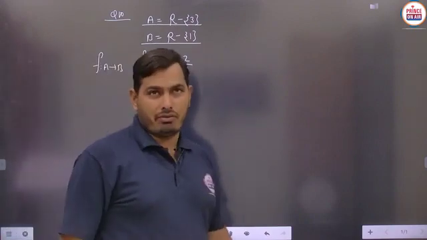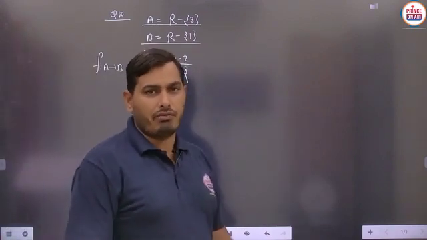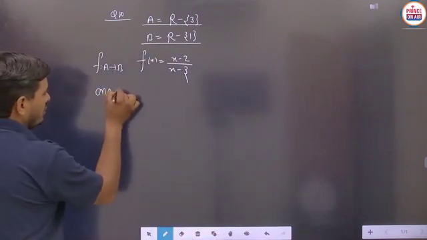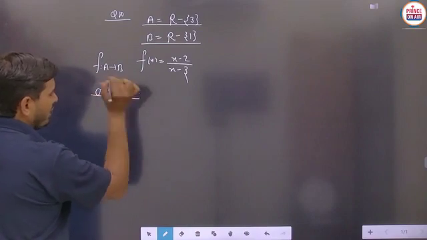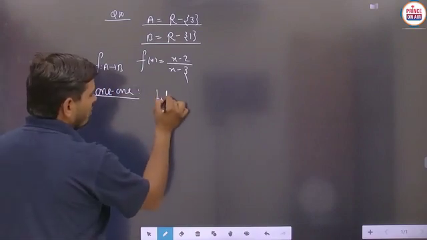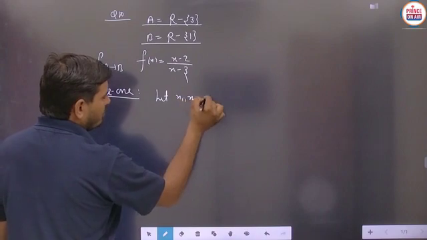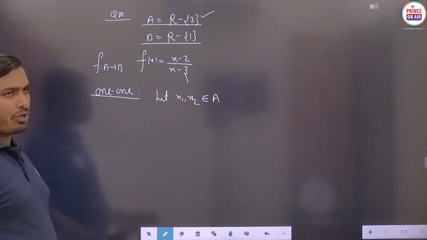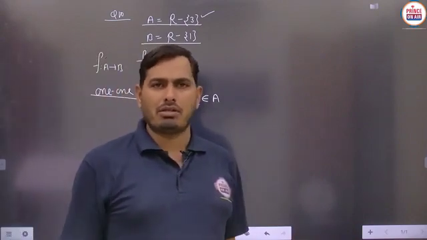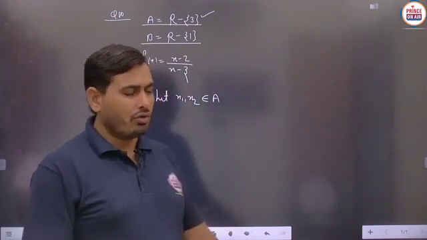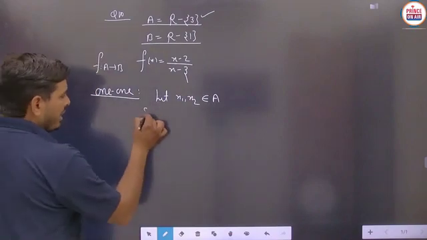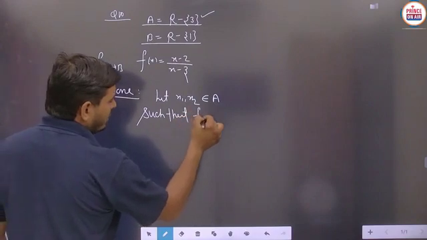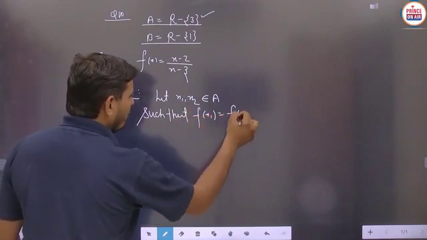So basically first of all we have to check for the one-one, and then after we will take the next case, onto. So first of all we are saying the case of one-one. In the case of one-one, let x1, x2 belong to the set A, and what is set A? It is given as except 3. You can take any of the real numbers. This is the theory of set A here. You can just read this part, and such that f of x1 equals f of x2.